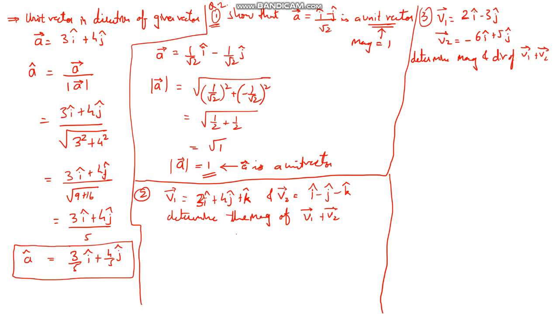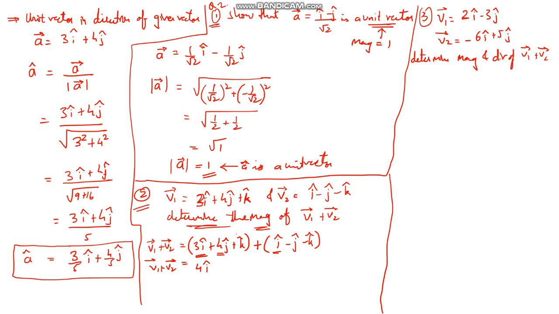Let us check out sum number 2 unsolved from the textbook. They have given vector 1 and vector 2, and they have asked us to determine the magnitude of v1 plus v2. So first of all, we will be finding out what is v1 plus v2. Let us write down v1 as 3i plus 4j plus k. We have to add this with another vector i, j and k. We have already said we can add directly. So 3 plus the coefficient of i, which is nothing, meaning 1, so 3 plus 1 will be 4i. This will be our vector v1 plus v2.